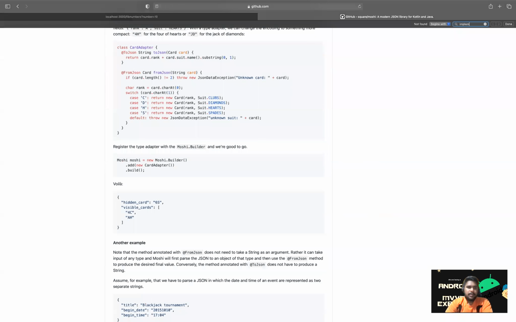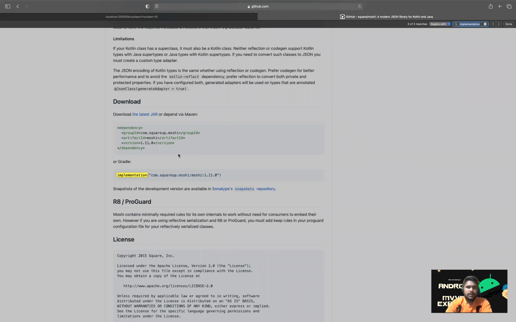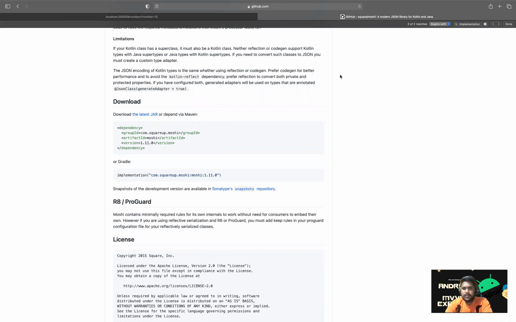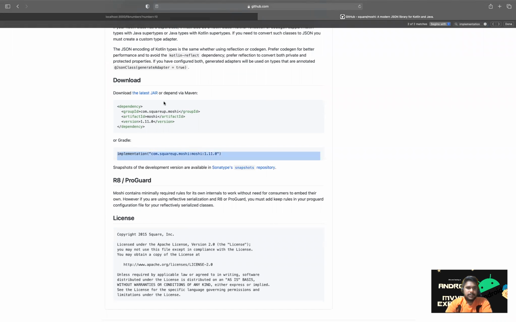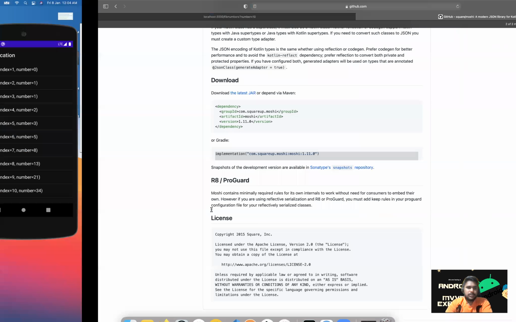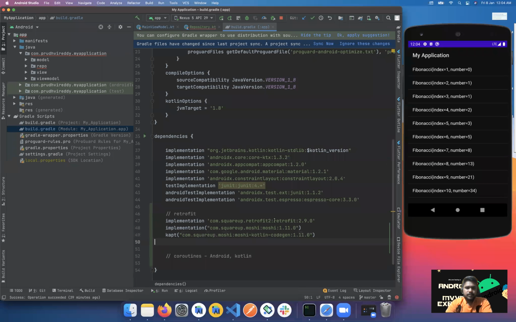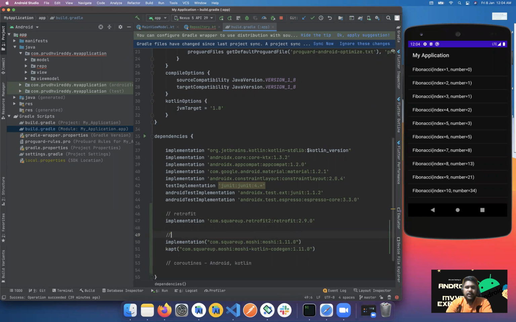Let's find implementation. Where is it? Yeah, we found it. Let's go back to it. Right. And let's do this. And we also need this code generation, and we also need a converter which uses the Moshi. So Moshi is a separate, completely different parsing library, and we need this